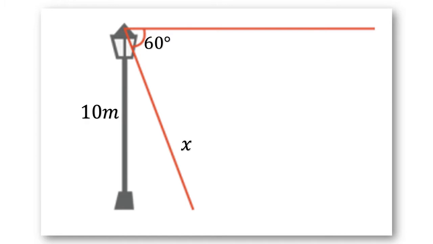So here, applying the concept of complementary angles, as you can see, through the lamp post and the horizontal line, we have a perpendicular line. Perpendicular line means it forms a 90-degree angle. And now as you can see, our angle of depression is 60 degrees, and we all know that if that is a perpendicular line or complementary angles, the sum of the measures of the two angles is